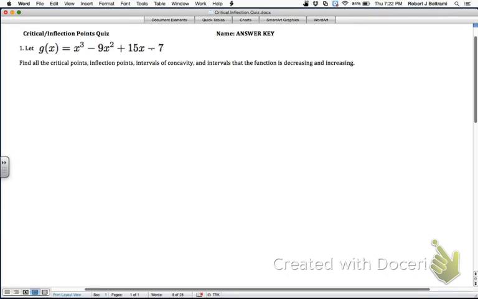What we have here is we'll do the answer key for the critical and inflection points quiz that was taken during class. To start off, before we start doing any work, I want to start by organizing my paper. So we'll go ahead, since critical points has to do with the first derivative and inflection points is the second derivative, I'm going to split my paper in half. That allows me to organize my work so I can follow what I'm doing. When I start,